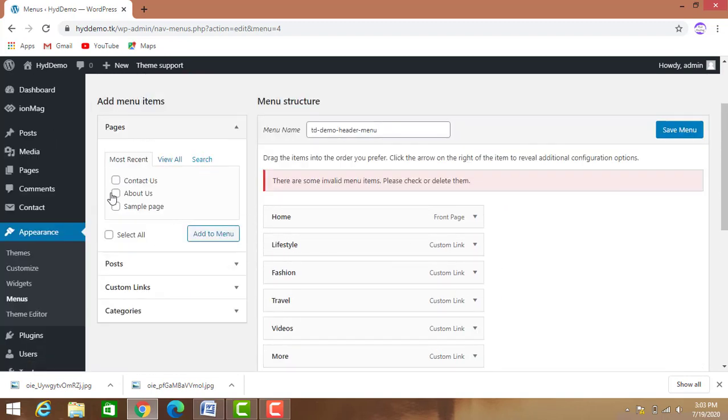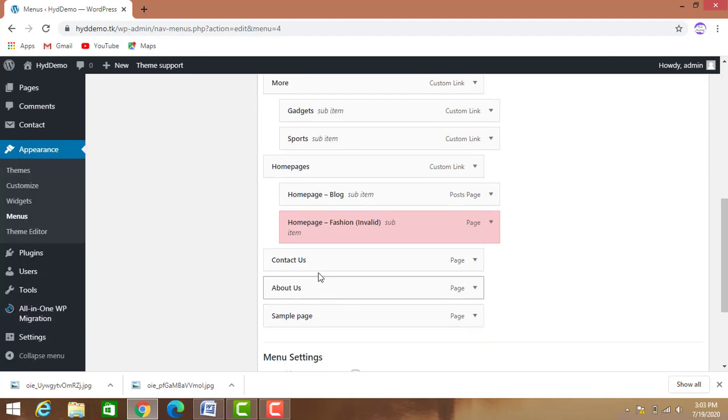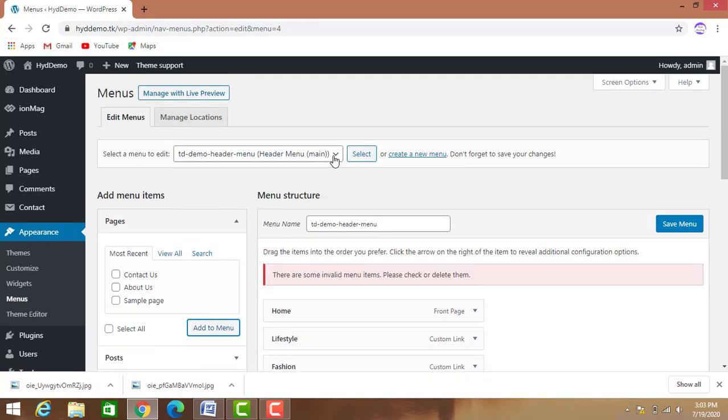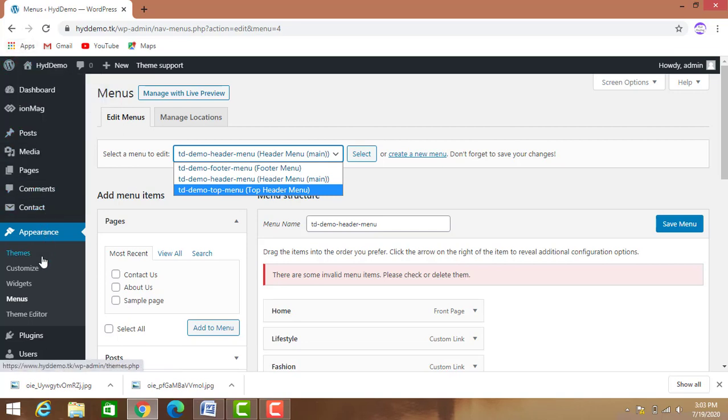Then see, you tick whichever pages you have created, you tick add to the menu. It will be coming here. So similarly you can do it for the footer and top menu. Okay, from here you can select the menus. Next we are going to